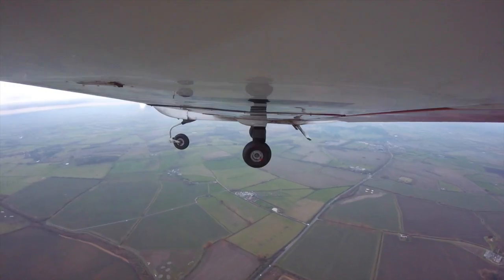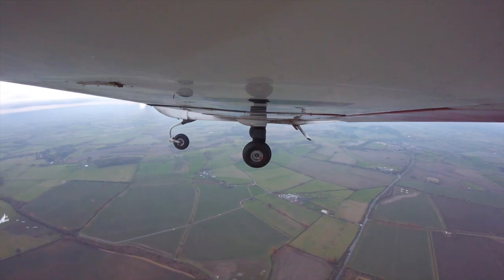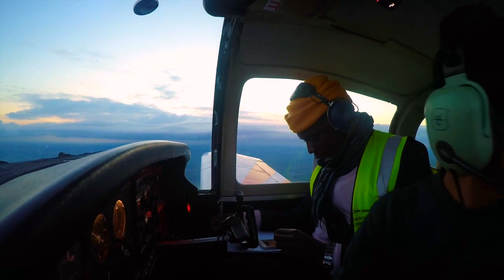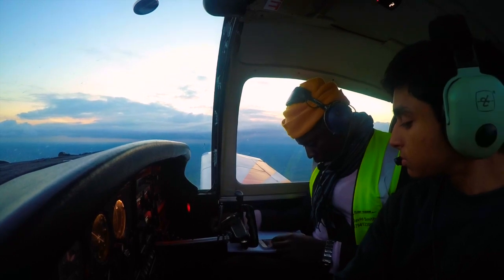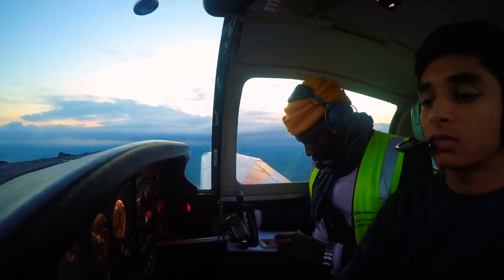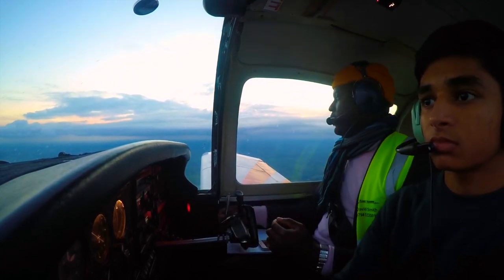Okay, an aircraft just went below us. Okay, you can go left heading 120. No traffic. Actually, let's see, what's this showing? There's some NOTAM here. Well, we'll just go around it. So if you just go straight for a bit, and then we'll turn left later, and you'll be on a long final into...